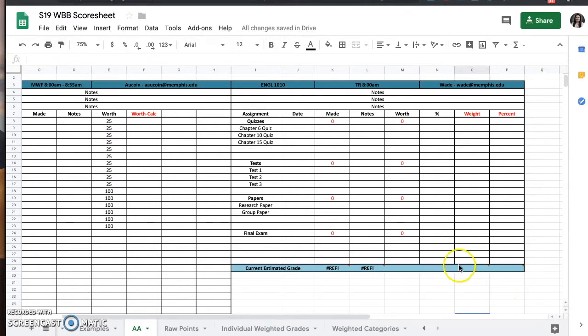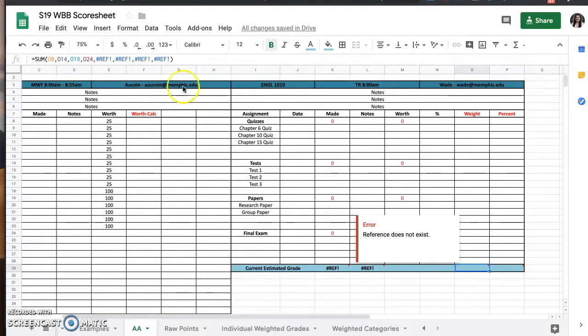So you can see in your weight and percent column, which in all other situations, you're not going to change anything in. If you are deleting categories, you can see that this little red flag appears in the corner of it, and that's again telling you that your formula is no longer working correctly. So you can click in those cells,